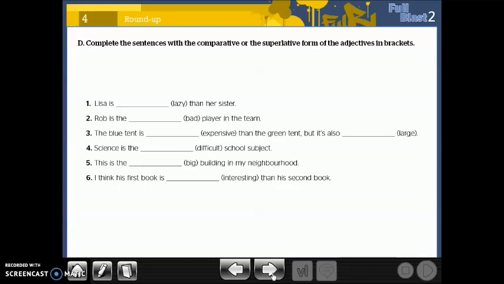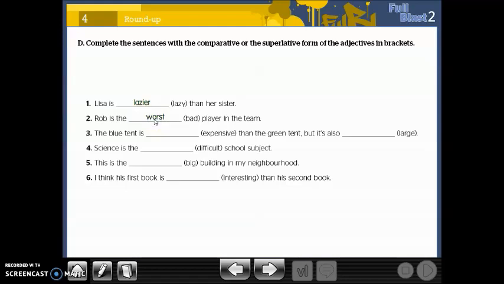Another example of using comparative and superlative is this exercise. We want to put the adjective between brackets in the comparative or the superlative form. Number 1. Lisa is lazy than her sister. We want to put the adjective lazy in the comparative form because it is followed by than, becomes lazier. Rob is the